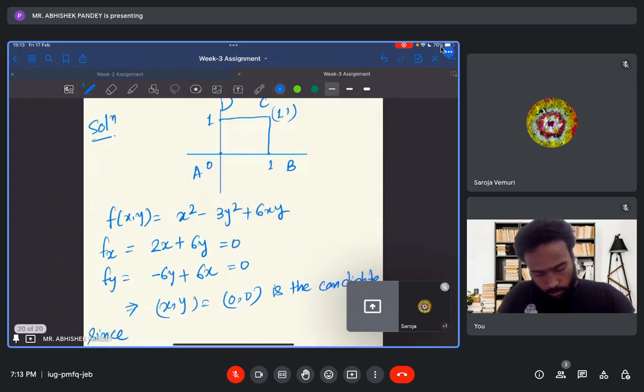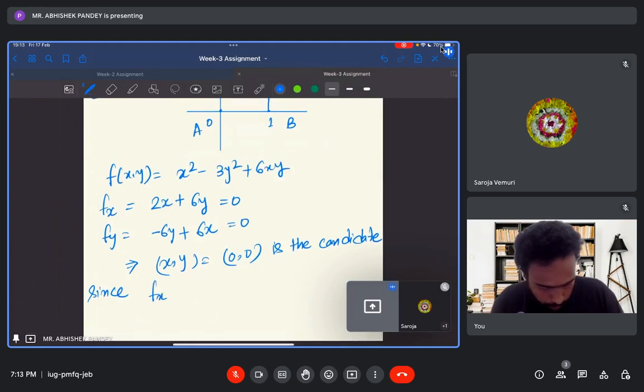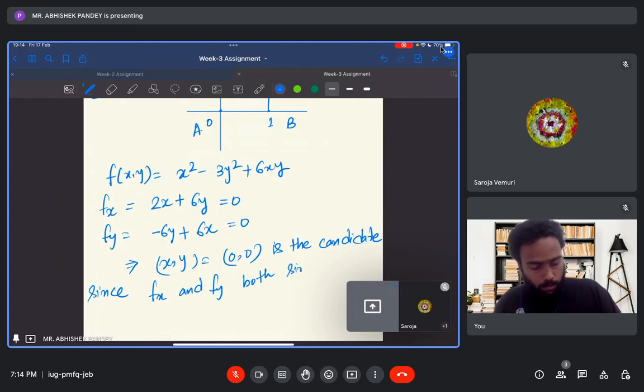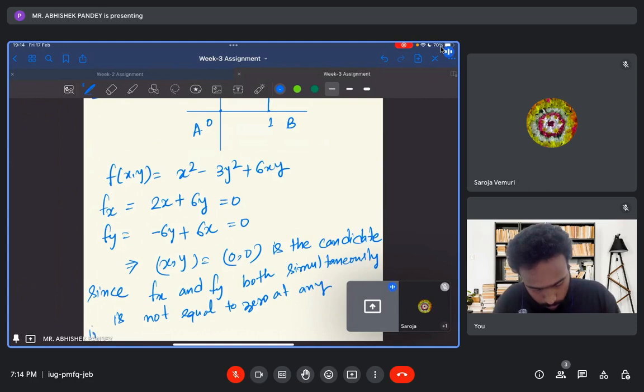So since fx and fy are not simultaneously equal to 0 at any interior point, therefore f has no absolute maximum